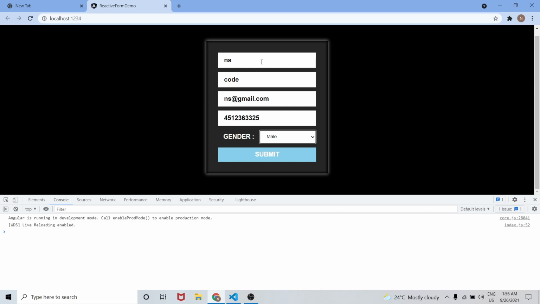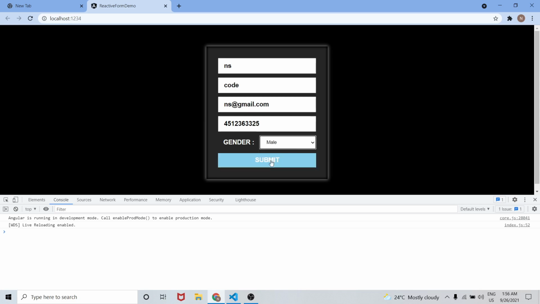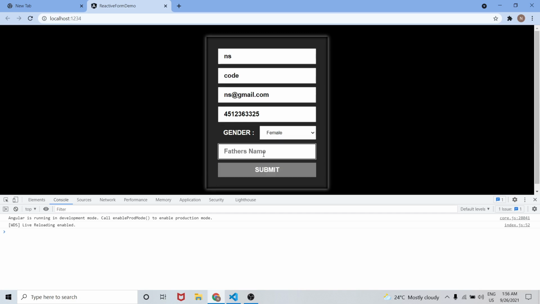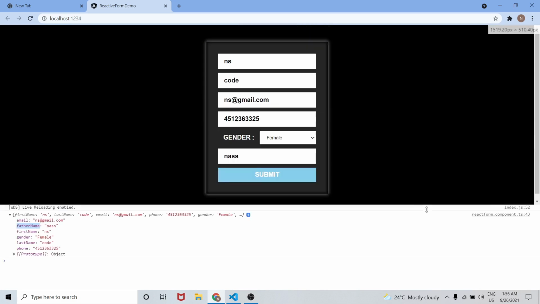Male is selected, this means the form is valid. And if I select female, it should be updated in the form. As you can see, the submit button is disabled. If I select male again, the submit button is enabled. If I select female again, the submit button is disabled. So if I write the father name and submit, as you can see, we have email, father name, first name, gender, last name, phone.